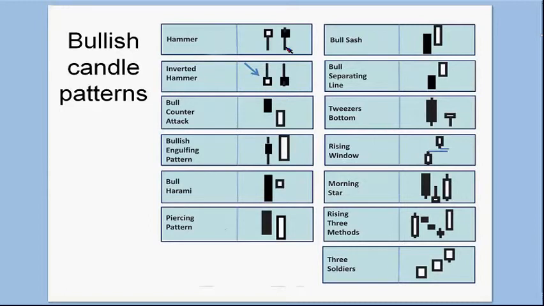But either way, you want to be paying attention to these candle patterns. Now, some really are more significant than others, and so we have hammer candles, inverted hammers. Of the bullish candles that have the highest probability of working, and that you should be paying attention to, I would say the hammer.